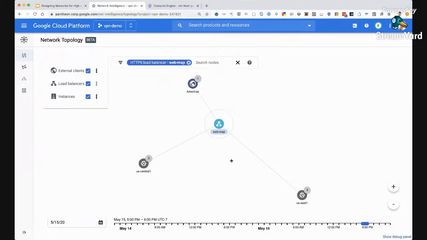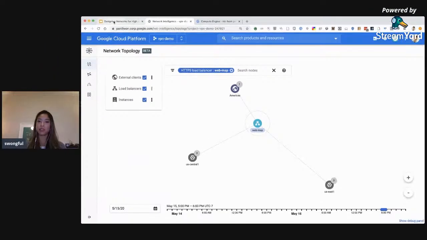And then another use case for this is during migration, it helps you monitor the state of your deployments as you migrate, thus providing better visibility into your migration process and letting you track it by looking at the evolution over time. One thing to also note is that you can do this at the organizational level, not just project level. So if you want to see a view of multiple projects, that's one way of getting the network topology of the entire organization and all the teams that are making deployments within GCP.